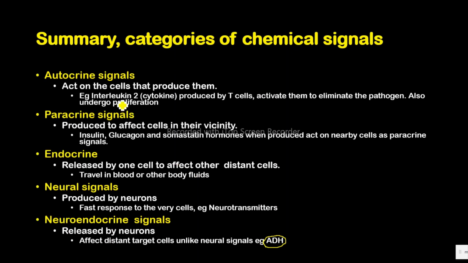So basically this is how we classify these chemical signals, and there are more, so you can do research and find out more signals. These are the signals that interact in your body to bring about that